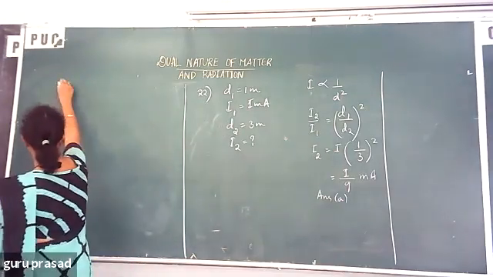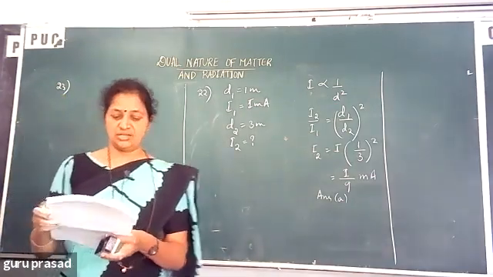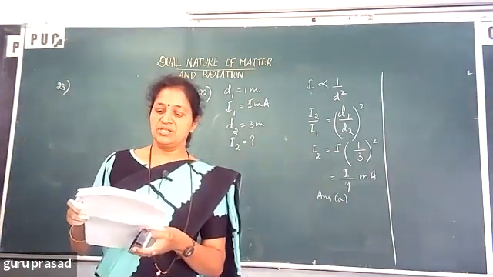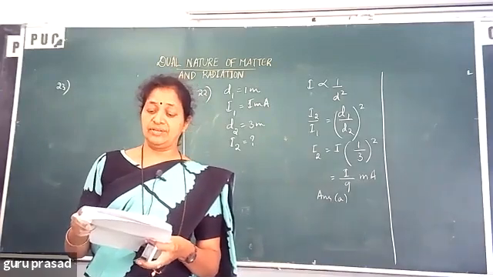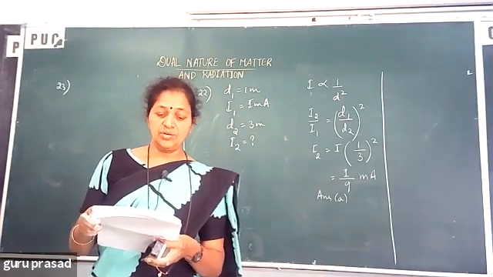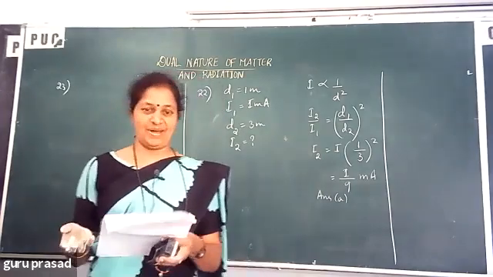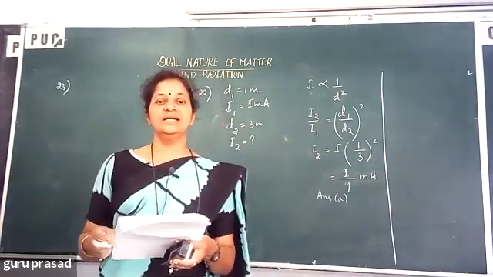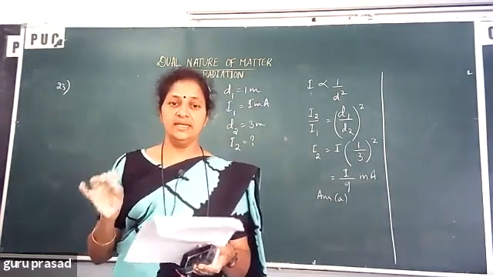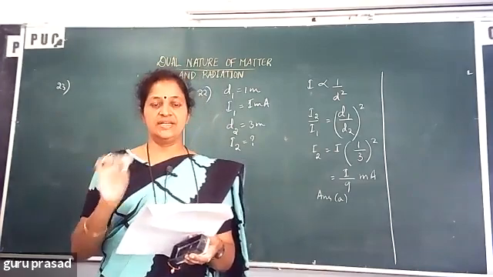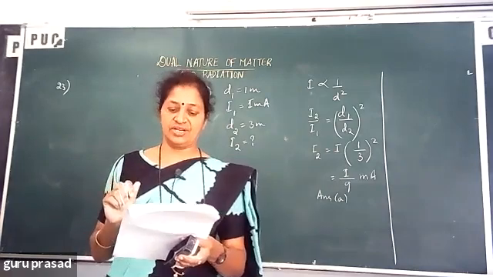Next, 23rd. The work function of a photoemissive material is 4 electron volt. The longest wavelength of light that can cause photoemission from the substance is, see, they are one and the same actually. Work function is 4 electron volt. It is the minimum energy needed for the incident radiation to just emit electrons from the metal surface. That is a work function.